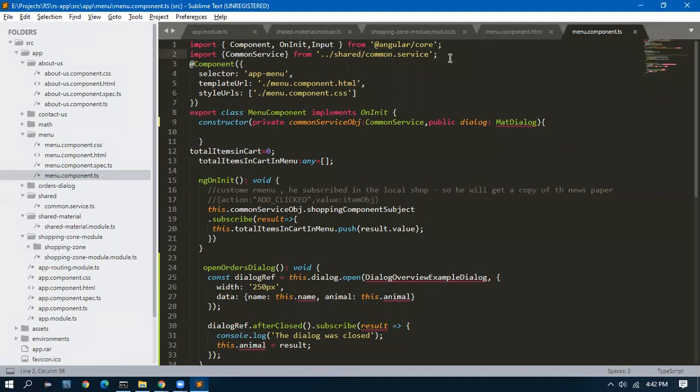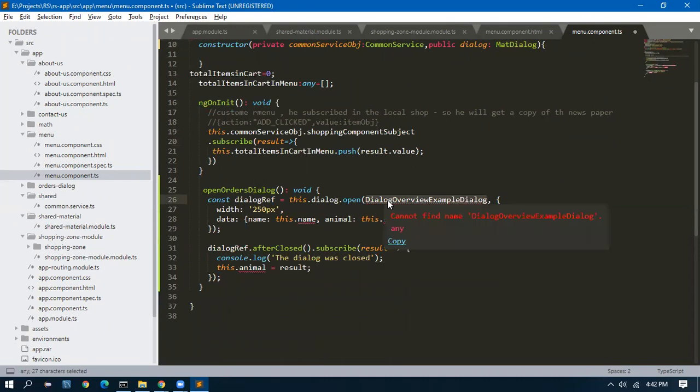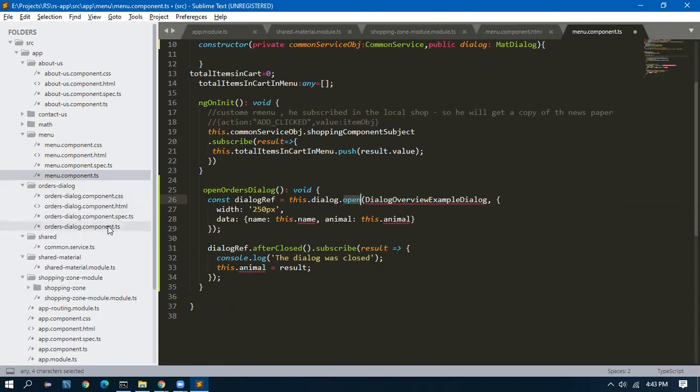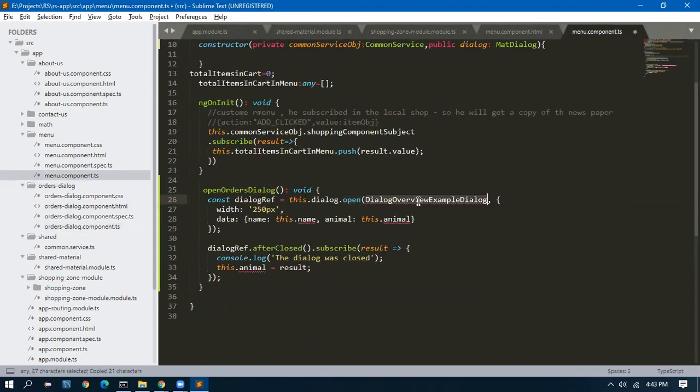So I'll give here. This error is gone now. That's good. Now here, in this page, if you see this code, this.dialog.open means we are opening a window. What I want to open is the newly created component, orders dialog. So I will give this here, and I can pass values into that name. Instead of that, I will pass the order list. I will pass it as order list colon.